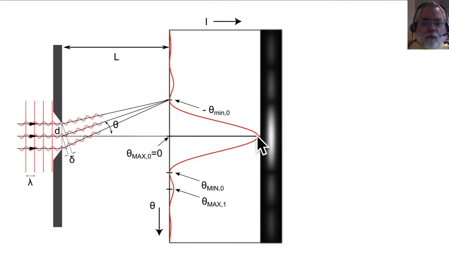So here we get the most intensity, and the intensity falls to zero, and then we get a little intensity, and then zero, and a little intensity again. Now, why is there a point where we get zero intensity? That point is where, if we look at how the light wave goes through the slit and gets to this point,